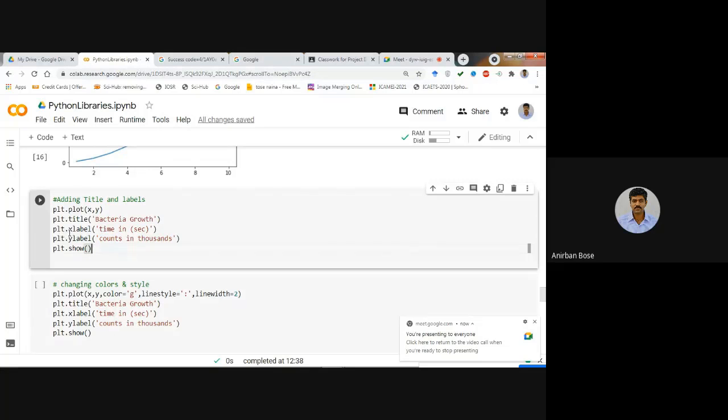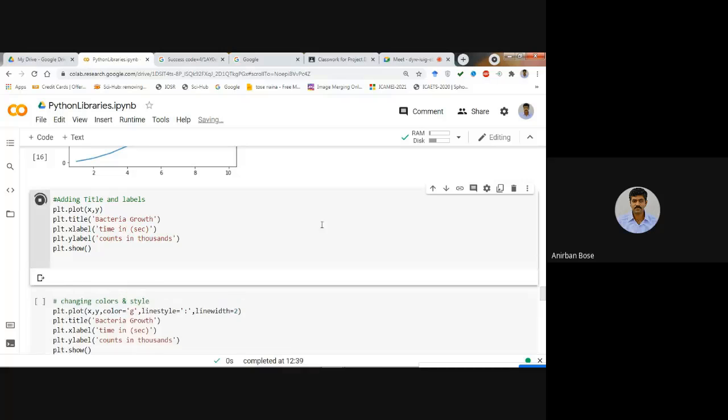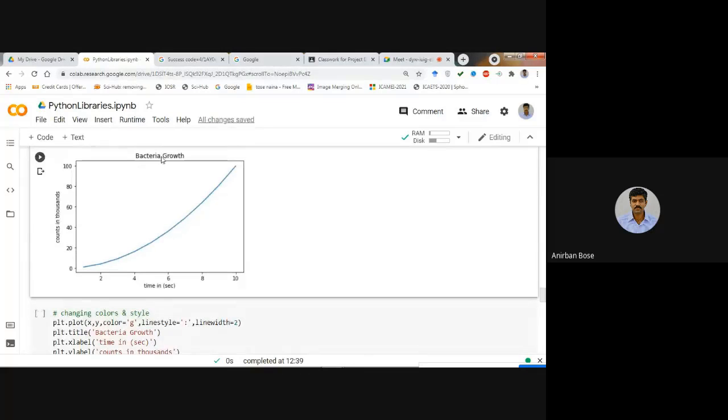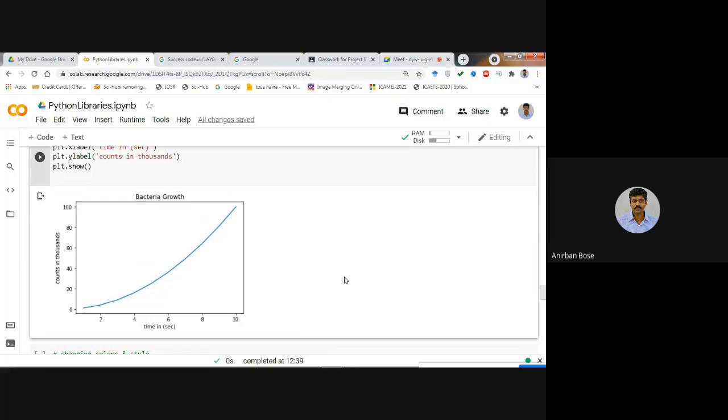Then write the x label, then write the y label. The commands are plt.xlabel, plt.ylabel, and within quotation you write those x label and y label. And then plt.show if you do, and if you execute, you see that title, x label, y label, all these things will come. Clear?